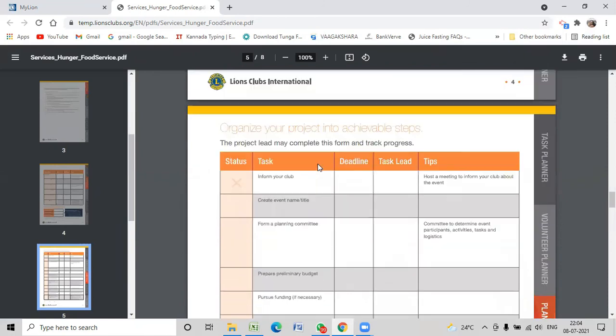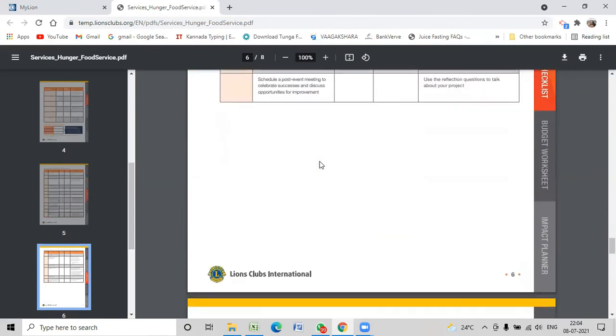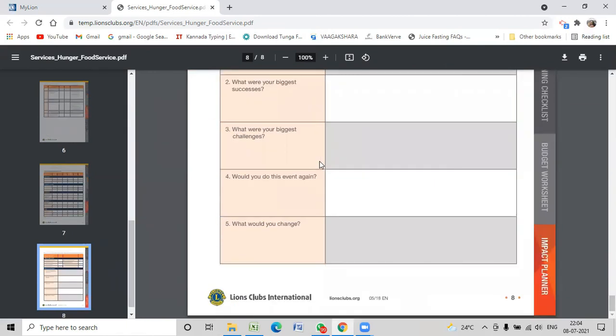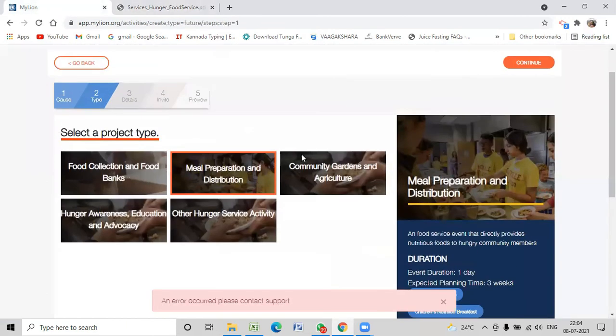It's giving deadlines also for each of the activities, and like I said, it's a very methodical project plan, and this is going to be very, very helpful when we plan for any activity. So this is only what I picked, relieving the hunger.